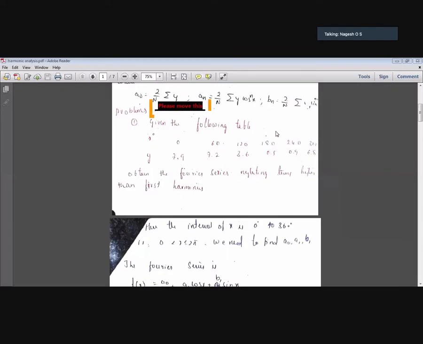Understood what is first harmonic, what is second harmonic, what we need to find, and what are the formulas. This is the last concept in this module for your series. So if you finish this, the module will be complete. In today's class, we'll complete this. You can score 7 marks very easily. You will get one question for sure from this practical harmonic analysis. Only thing is, you should know how to use the calculator properly.